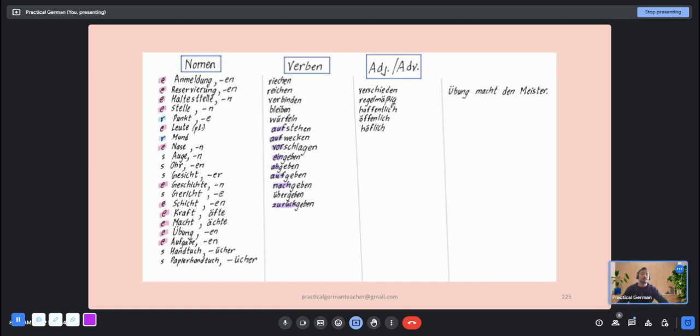And reichen, it means, is Reich rich, right? No, Reich is rich, that is the adjective. Reichen means to suffice, something which is sufficient, for example, das reicht. That's enough. Let's say somebody is bothering you and you're just like, that's enough, man. Or you do 5 tasks and you go to your boss and say, I have done 5 tasks, what else is there? Your boss will say, that's enough for today, take some rest. Das reicht für heute. To be enough or to suffice. It can be used in different ways.